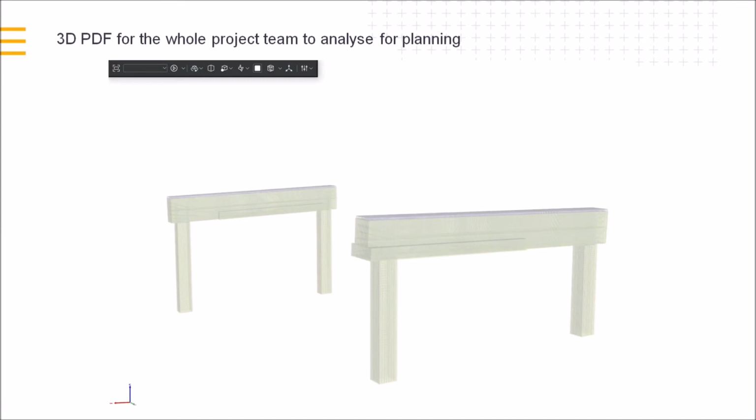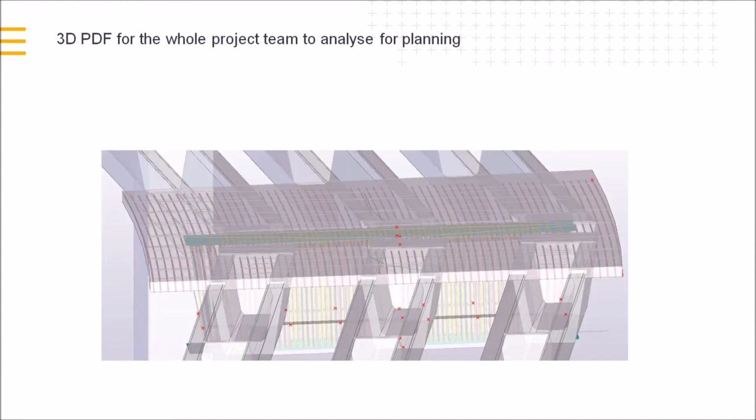Here is another example I prepared with rebar. You can see here that these two portals have opposite crossfalls. We need to properly plan how we will place the precast beams in between these two portals. And this is another example of our rebar detailing. Here we can plan ahead because